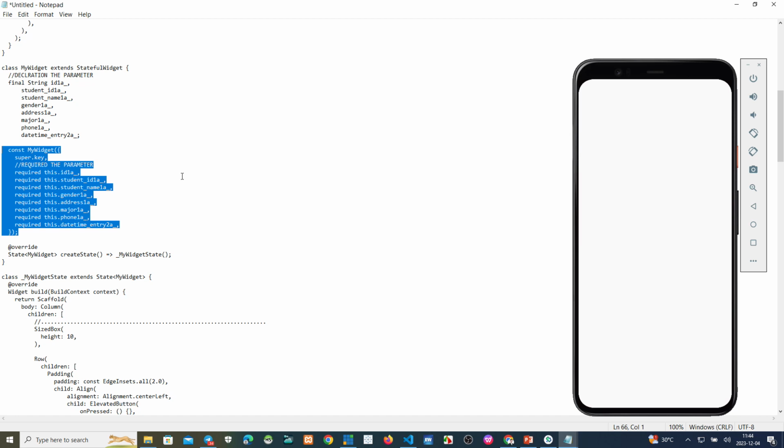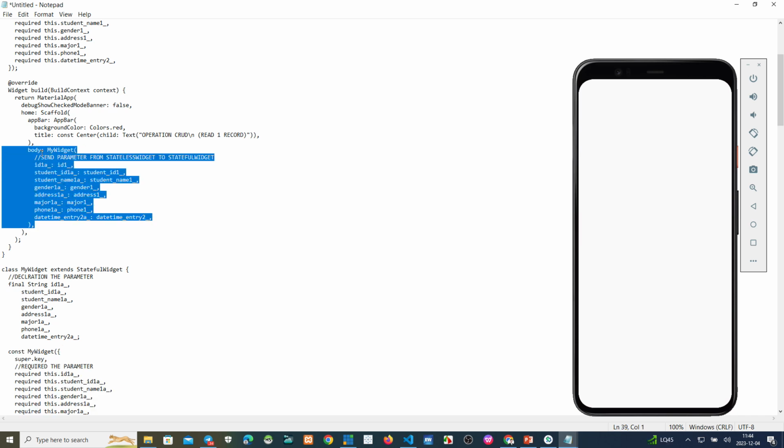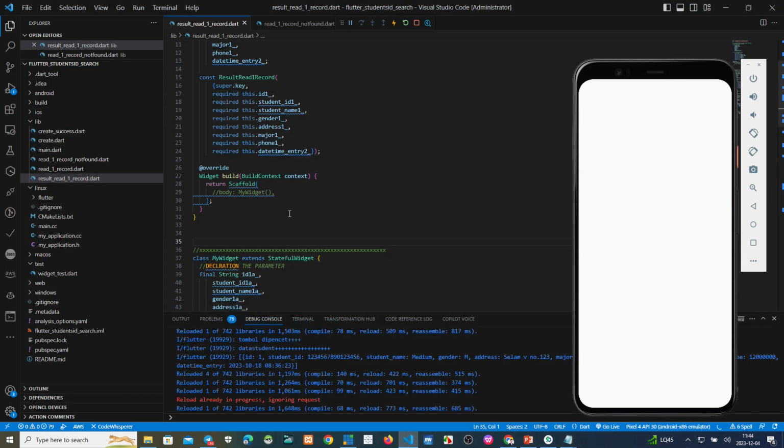Moment please. Stateful widget, stateless. Where is the stateless widget? Oh, this one. Copy. Okay, from the body, this. Yeah, you must send, a moment.